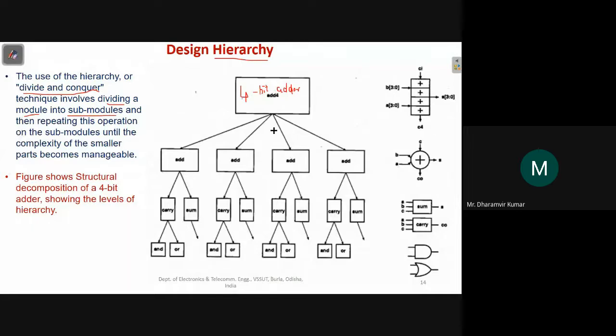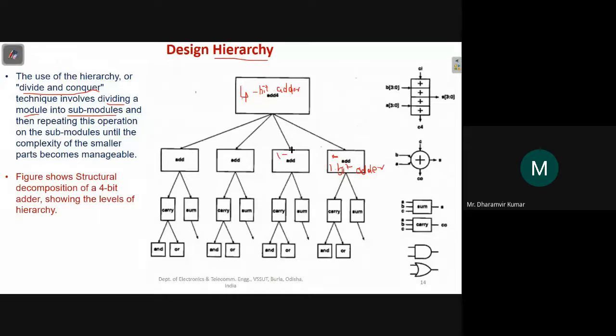Now, what have they done here? This figure shows that the block for the 4-bit adder can be divided into 4 sub-blocks. Each of these blocks is a 1-bit adder.